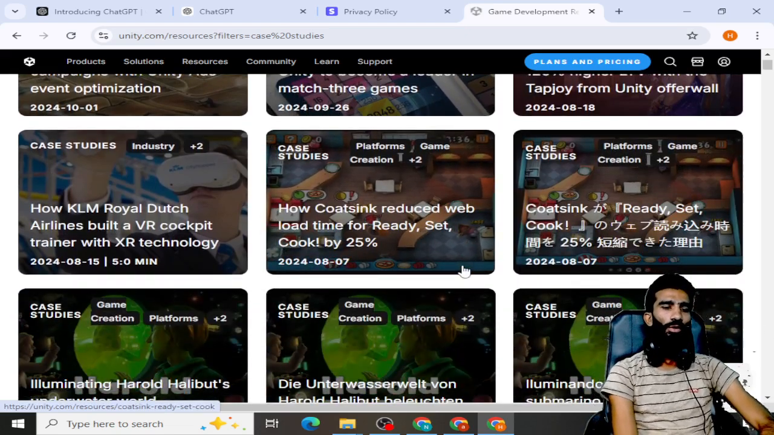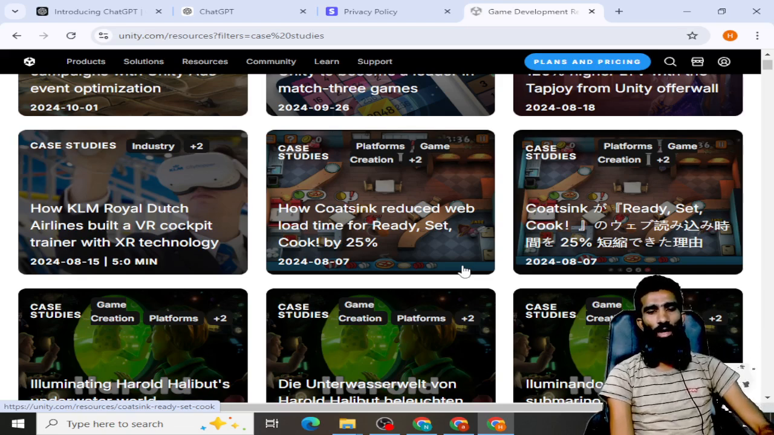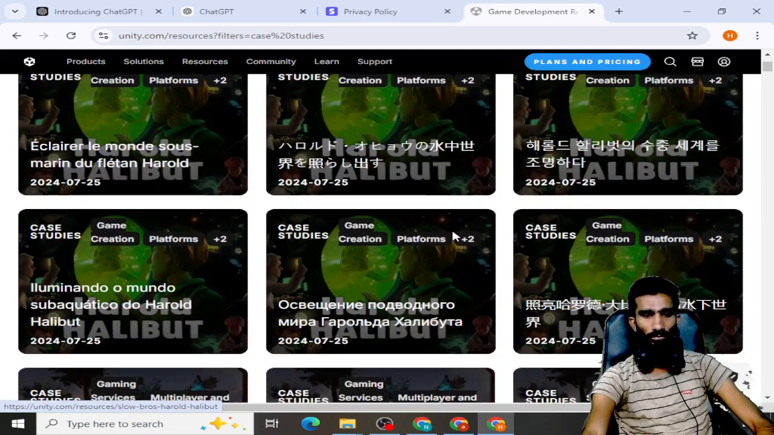How KLM Royal Dutch Airlines built a VR cockpit trainer with XR technology. How CodeSyncs reduced web load time for ready set cookie by 25%. So guys,